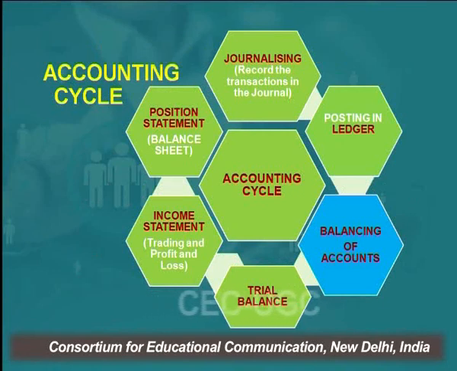In the previous lecture, I told you about the accounting process. This accounting process begins with journalizing, that is recording the transaction in the books of general or subsidiary books. The first step in the accounting process is journalizing the entry. The second step is posting in ledger, posting of these general entries in the books of ledger accounts. So the first step is journalizing, the second step is posting into the ledger accounts, and the third step in the accounting process is balancing of accounts, which we are going to talk about today.